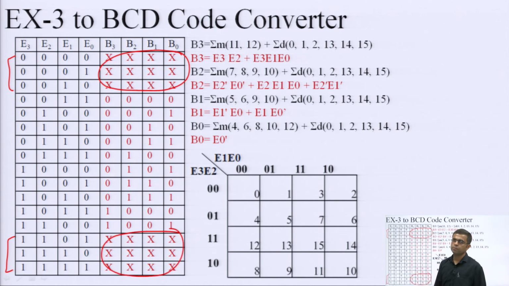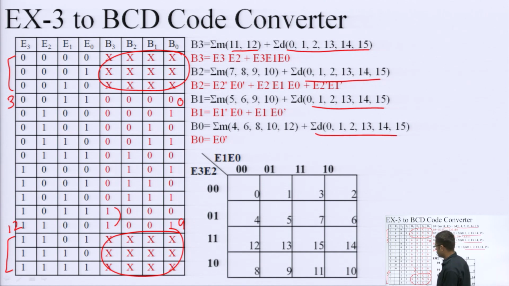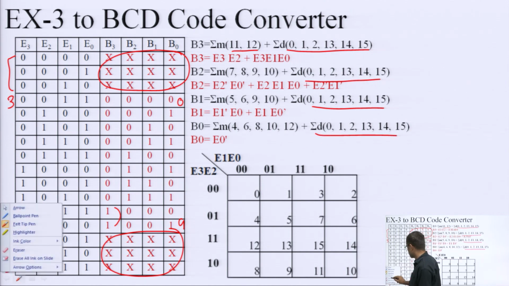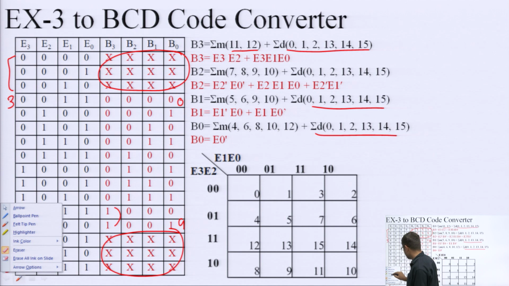That is why I have mentioned here these are my do not care terms, and for the rest of the cases, for 3 to 12, 3 is subtracted, that means this becomes 0 to 9. So, this is how this truth table is written, and after this truth table is written we can extract the min term set for B3. We can check that these are the 2 high terms, which are 11 and 12, and 0, 1, 2 and 13, 14, 15 are the do not care sets for all 4 inputs. So, this has overlapped this expression, that is why I erased it.